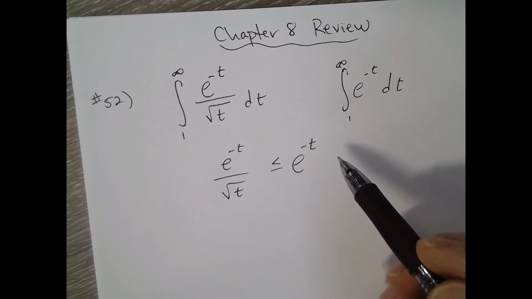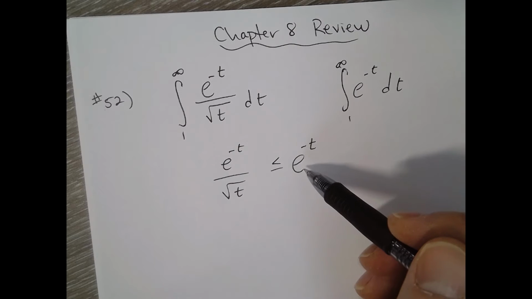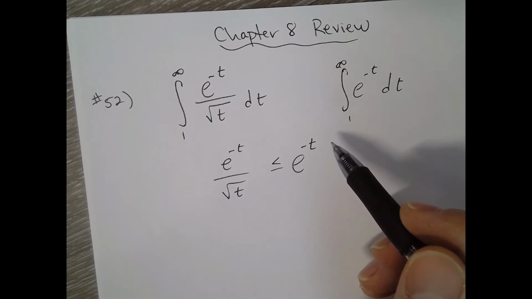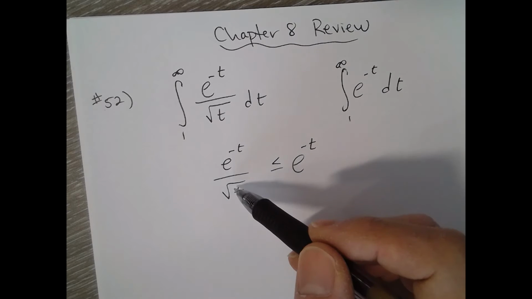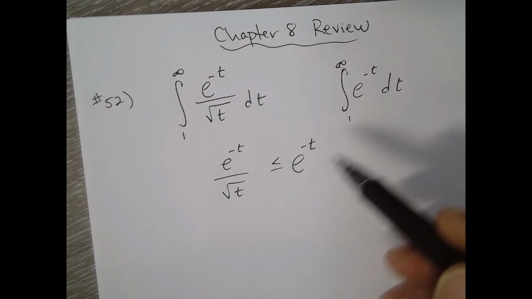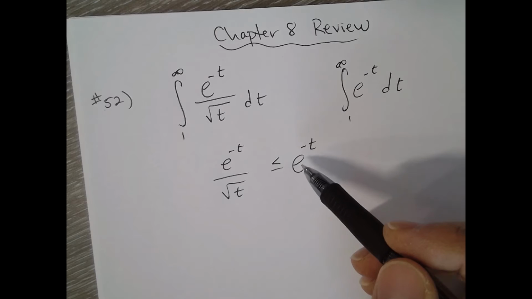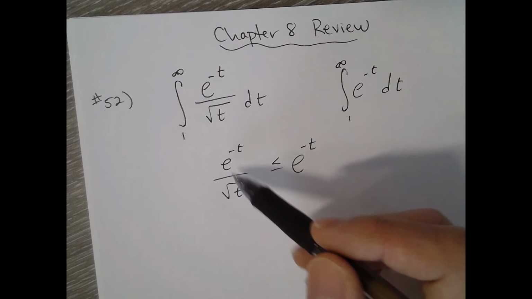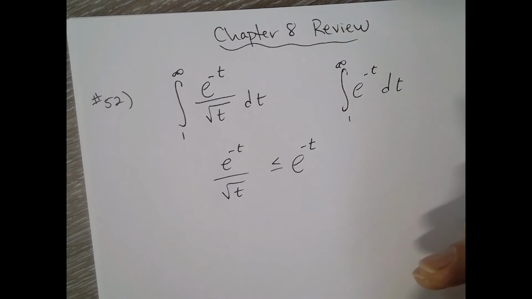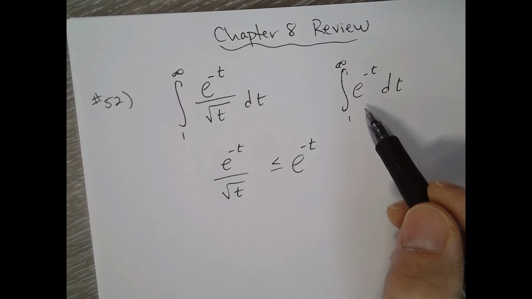Now if we know that this one converges, then our direct comparison test logic holds up. Because if a bigger one converges, then the littler one will also converge. If this one diverges, then we don't know anything, because the bigger one diverges doesn't tell us anything about a smaller one. It might diverge or converge. So if we just evaluate this